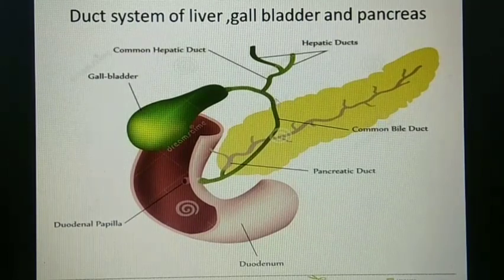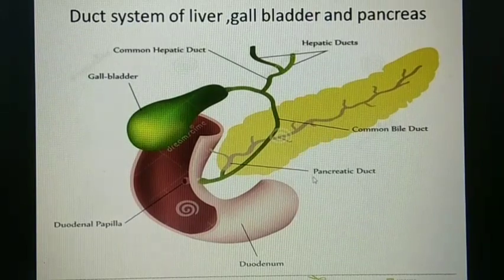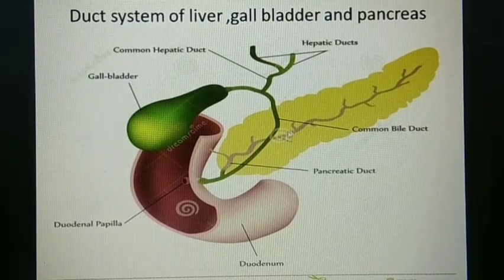So the common bile duct passes towards the duodenum, where on the way it is joined by the pancreatic duct coming from the pancreas, and